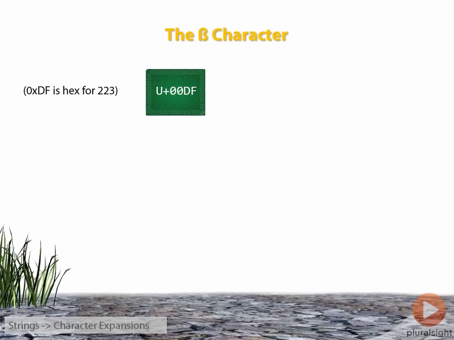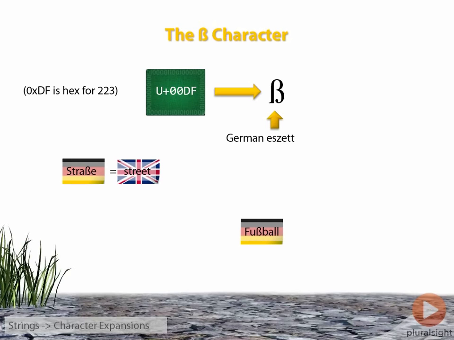Now let's look at an example of when a char instance doesn't contain one single logical character. The code point 223, or DF in hex, represents this character. It's a German character called Sz, and it corresponds to an S sound. You can see it, for example, in the German word Straße, which means street, or Fußball, which means football or